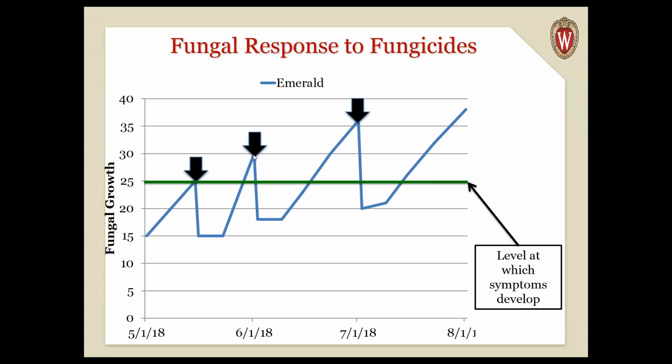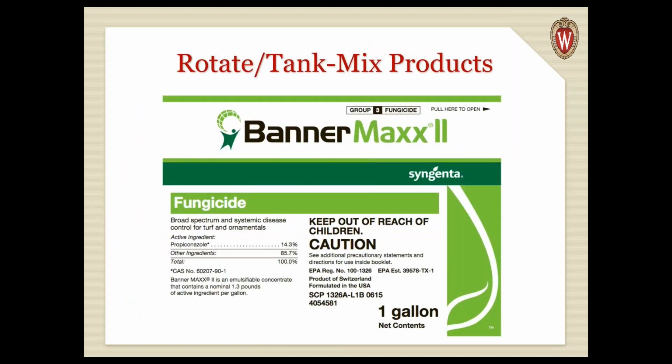We apply that same chemical again. It's knocked back even less. The fungus is able to recover faster, and it grows out, and we're seeing breakthrough on products before we would typically see it. If we're expecting 28 days, we're seeing dollar spot occur somewhere around 24, 25, 26, whatever it might be. All right, so one of the main tools then that we always talk about is rotating products